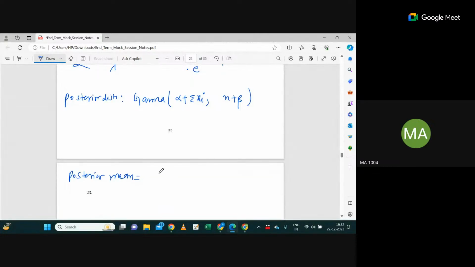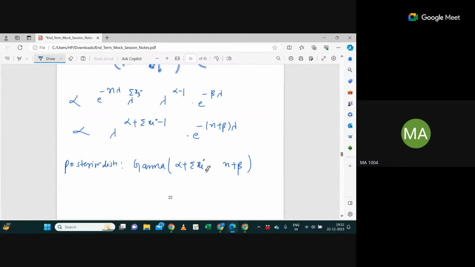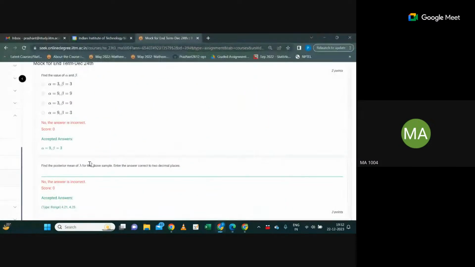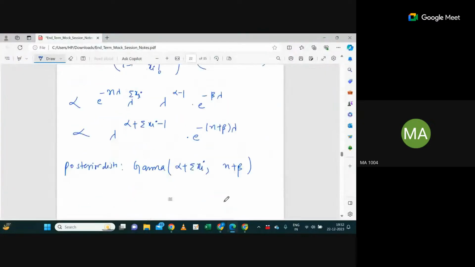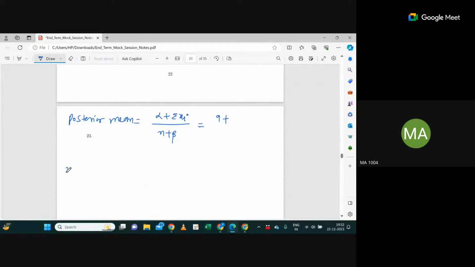Alpha, alpha by beta. Now in the place of alpha, I have alpha plus summation of xi, and beta is n plus beta. Now what is the alpha? Alpha we got 9. Summation of xi means we add all the sample values: 3, 5, 7, 0, 1, 7. Let me write down. So each xi is